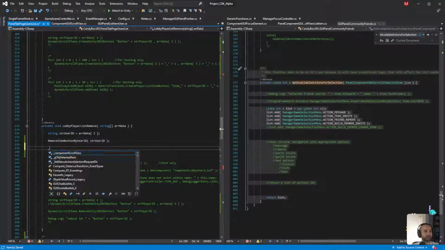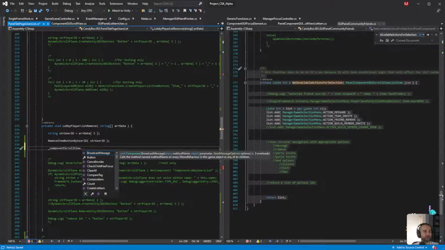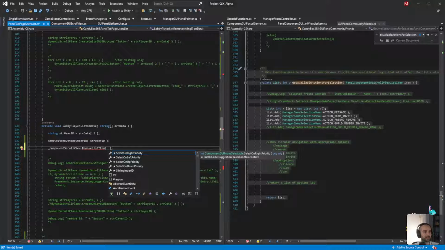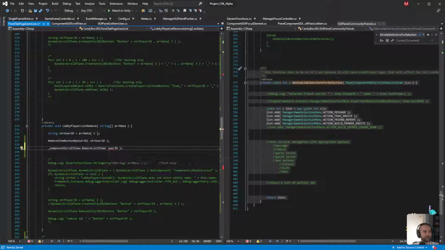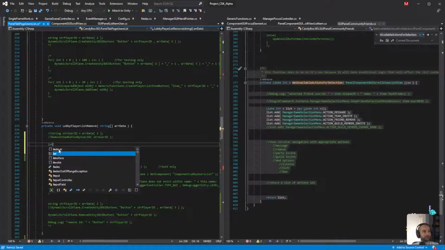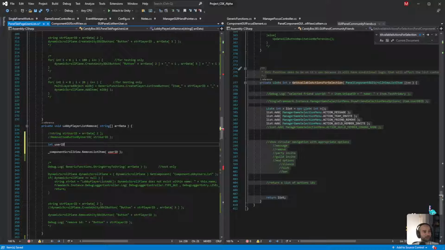So instead, what I need to do is say component scroll view dot remove list item, and then pass in user ID. Of course, user ID doesn't quite exist yet, so it'll be int user ID equals int32.parse, and we will parse array data index position 2. Okay, so that should be our remove.